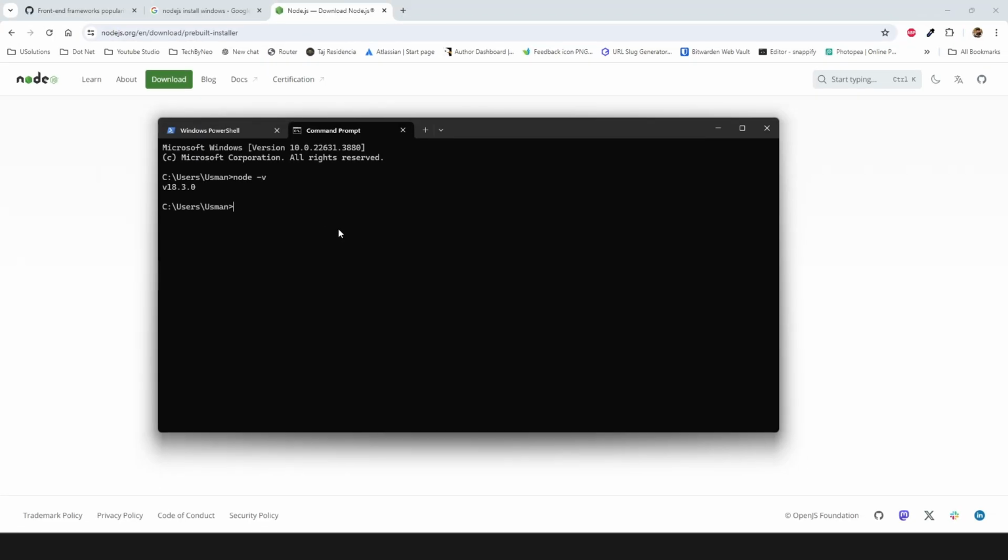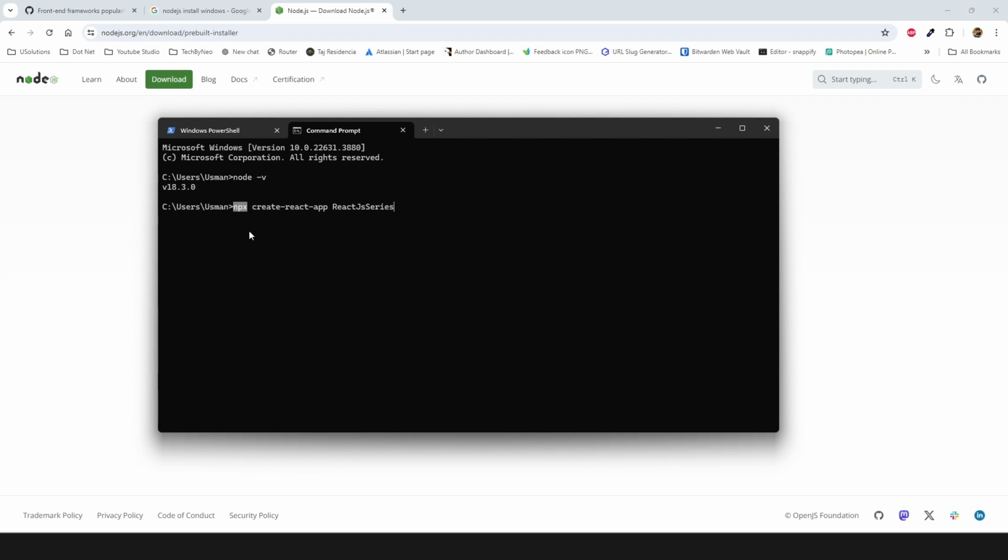The second thing is the command to create the React application. The command is npx space create-react-app space the name of your app. We can name it React series, or most probably ReactJs series. And maybe npx is a new word for you.